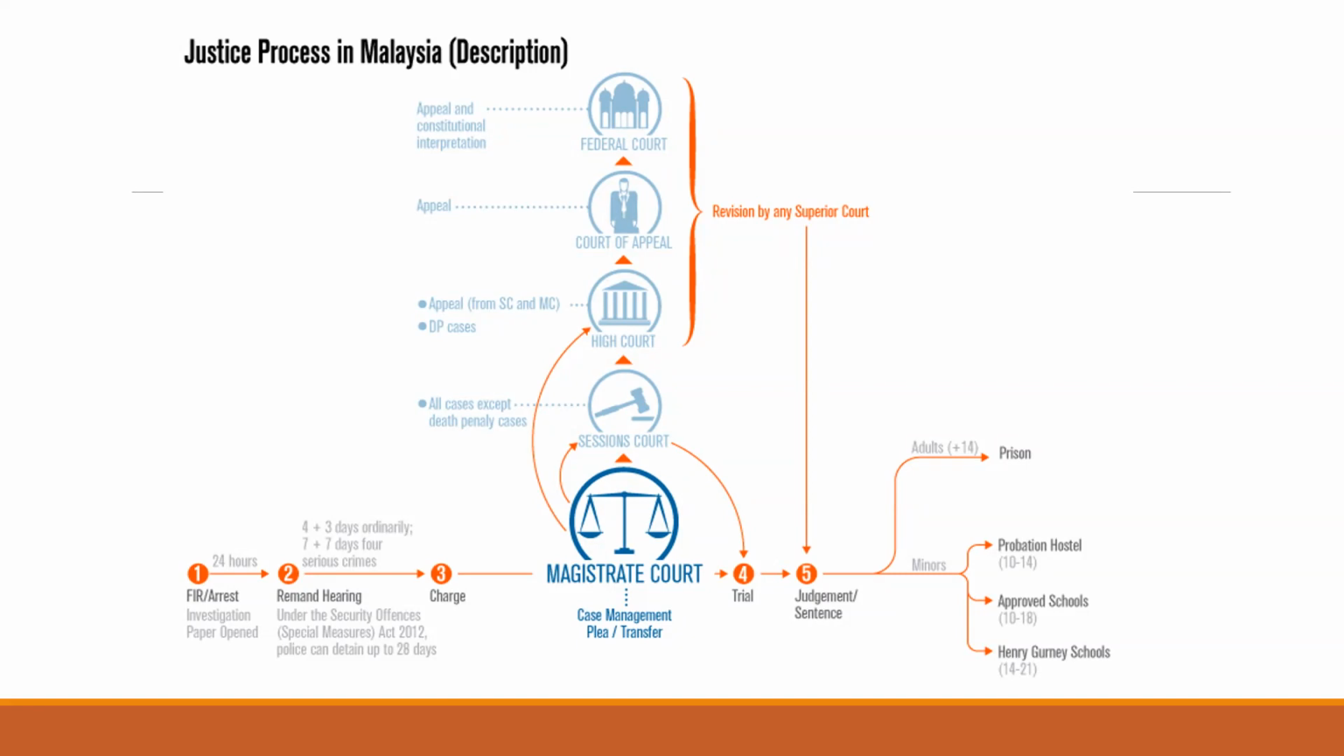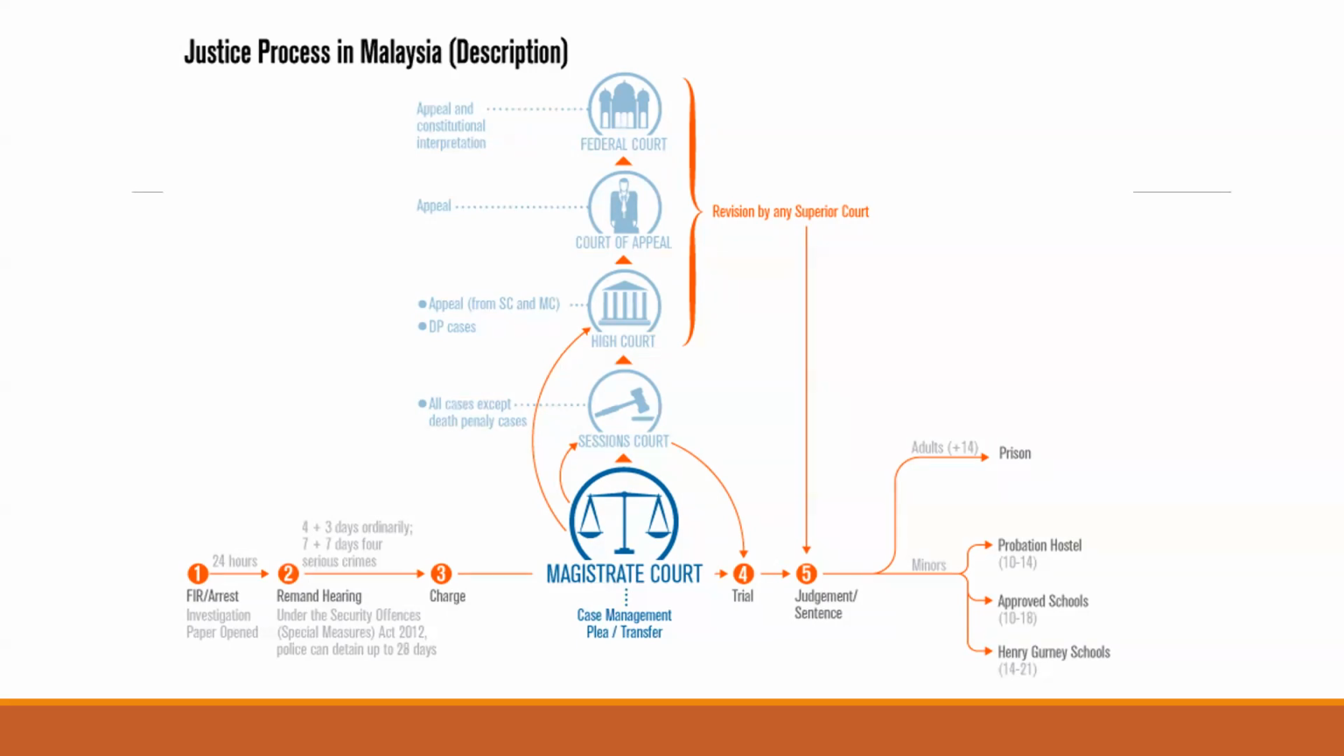Take, for example, murder or some huge drug case. There is some intelligence involved, and the police are scared that the accused may abscond or run away to another country. So the remand proceeding is just for this purpose. And after that period of time, should the investigation paper be completed, they will give it to the public